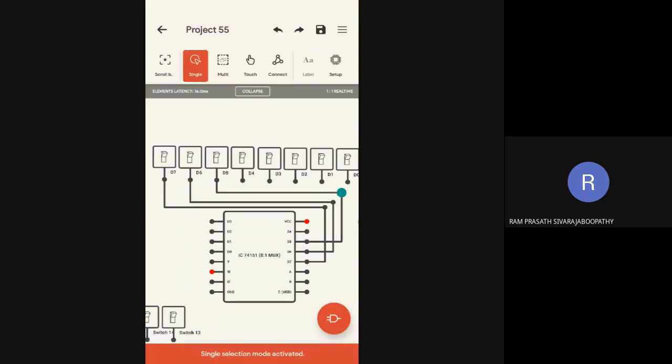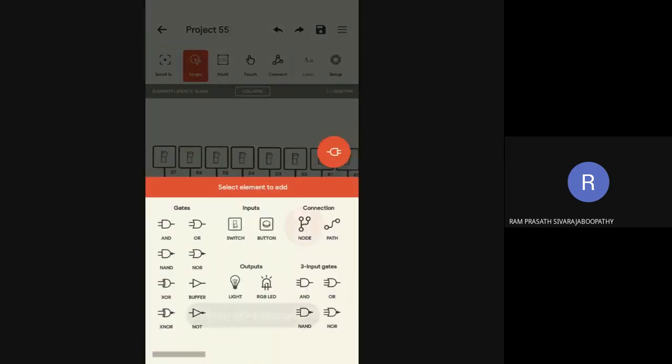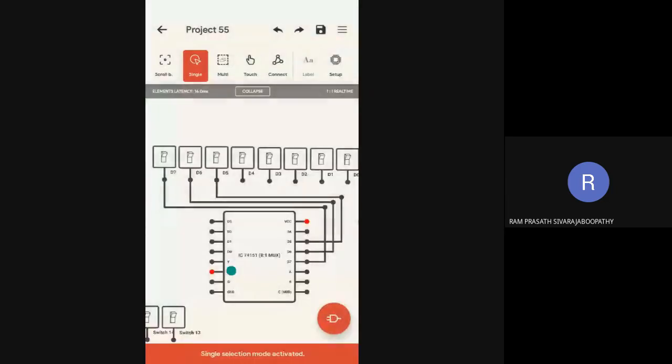See, if you use nodes, connections can be given very easily. Next, I am taking one more node. D4. Yes, that's all. D4. Okay, then for D3,